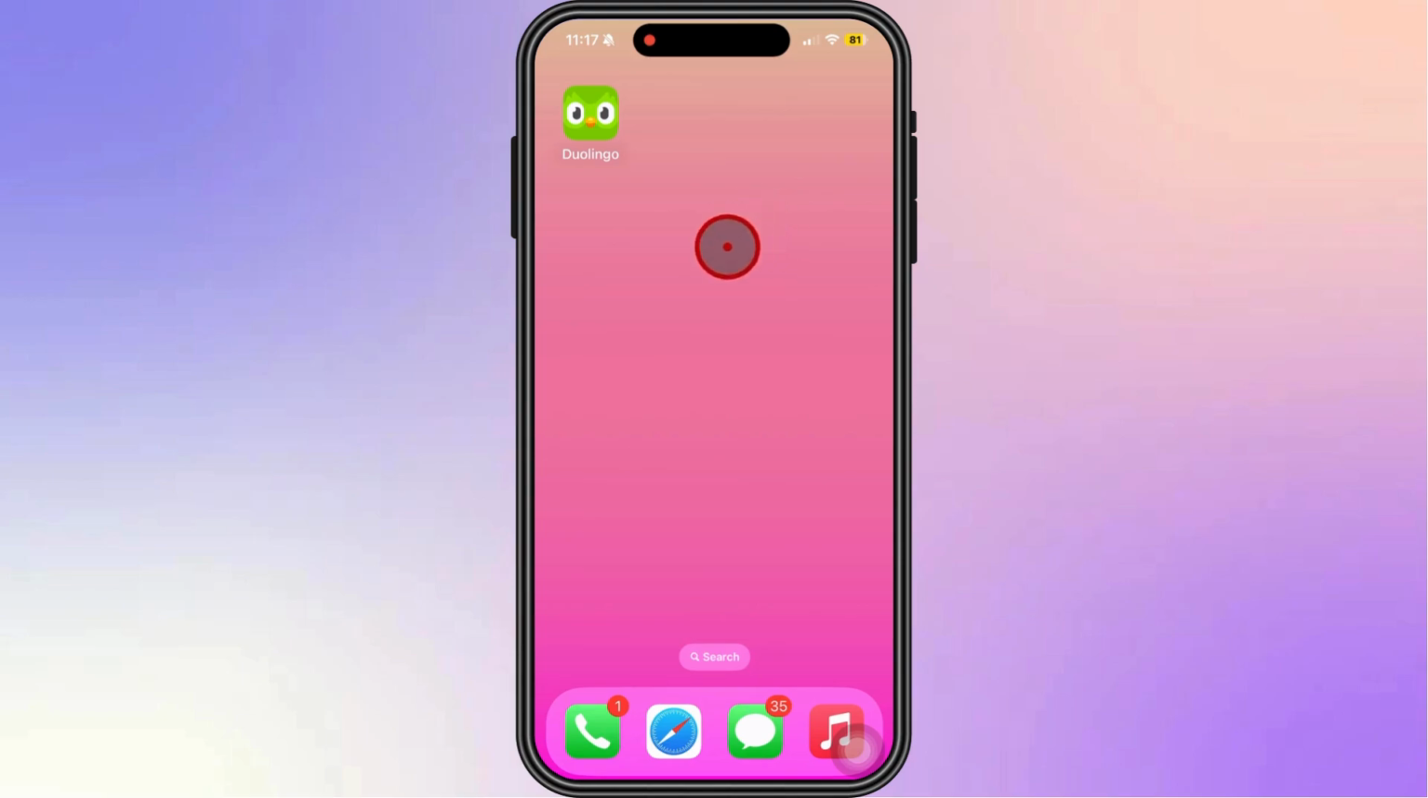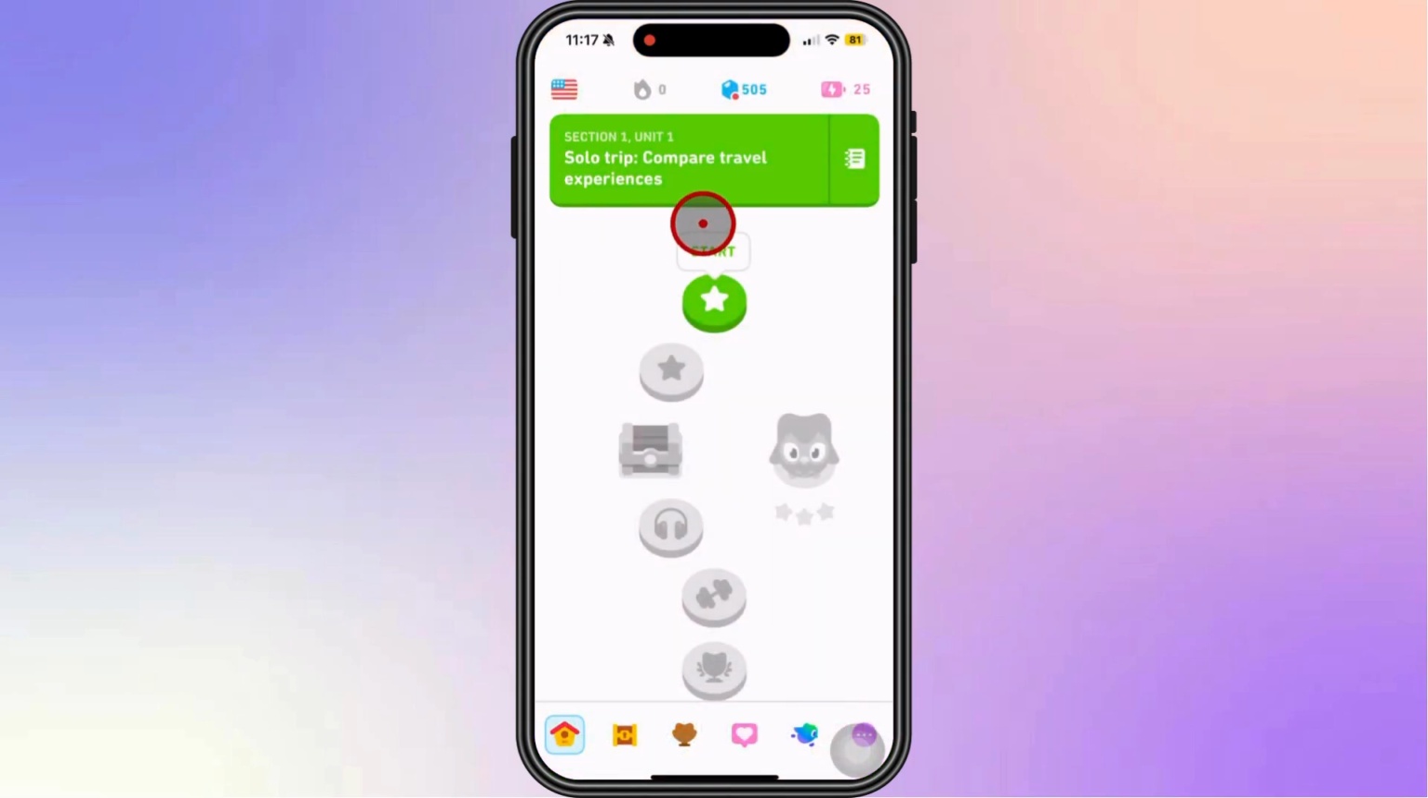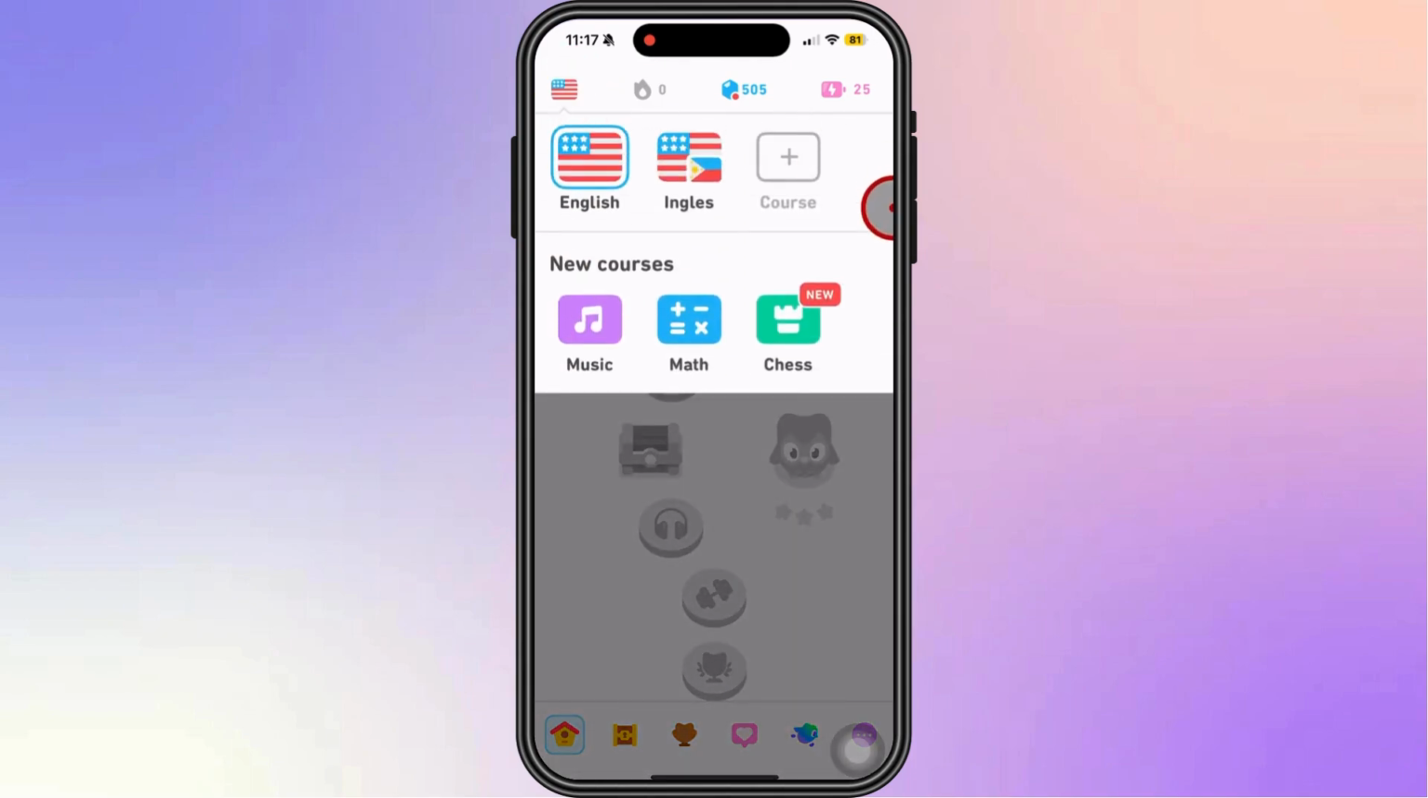In today's video, I'm going to teach you how to change app language in Duolingo. So first, head over and launch your Duolingo app, and here make sure that you're logged into your account. Next, at the top left corner of your screen, click on the flag icon and click on the Add Course